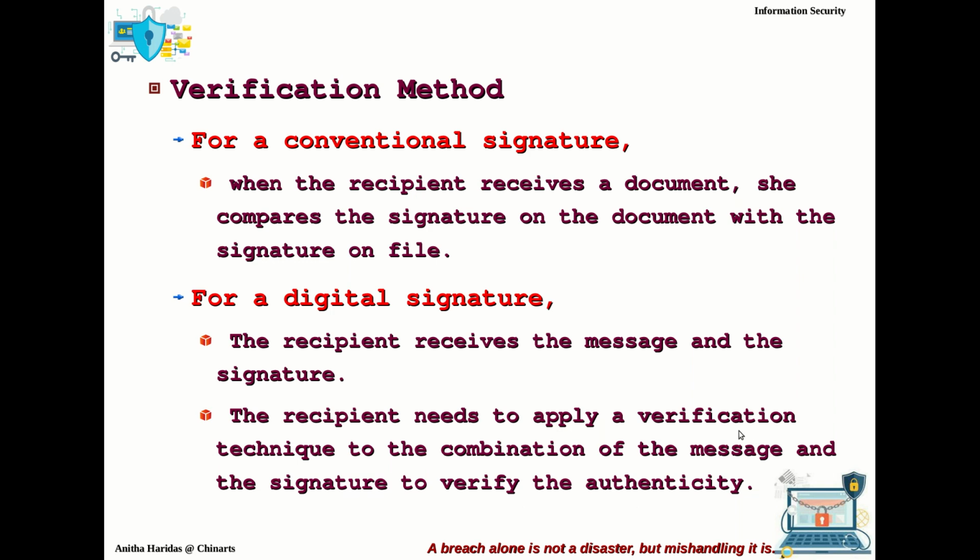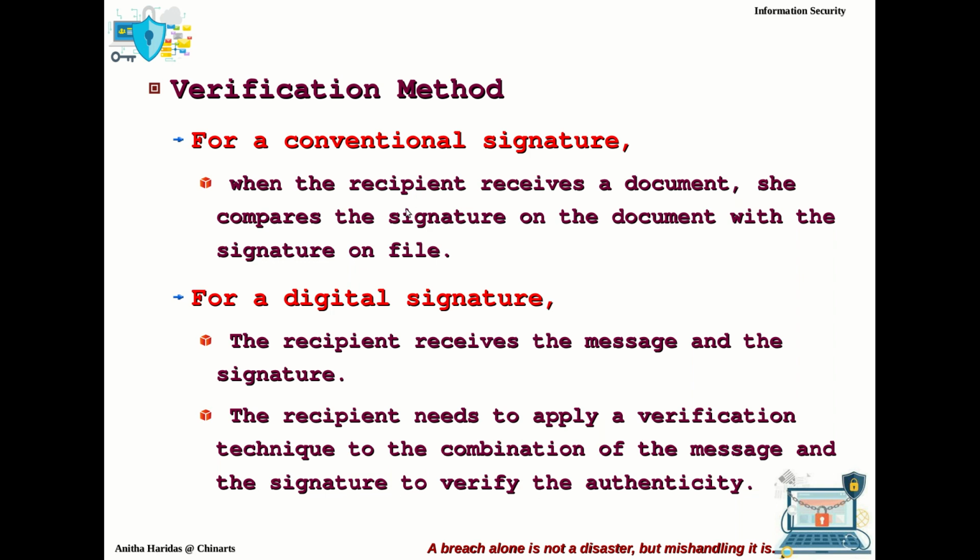So you must have a verification algorithm for checking the authenticity of the signature, because here a copy of the signature is not stored anywhere. This is the very important point to be noted here.